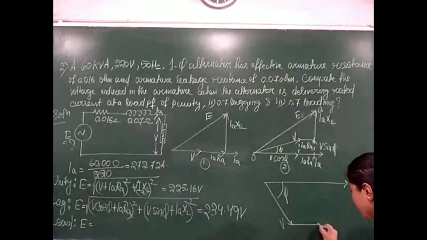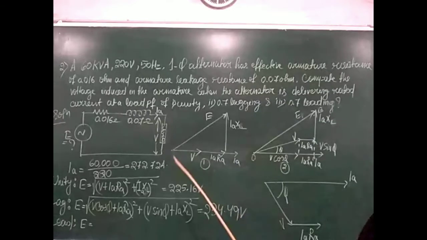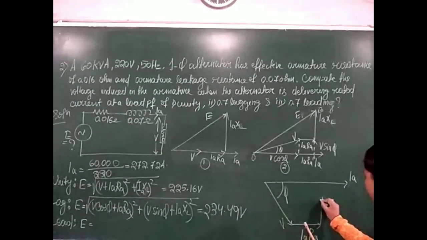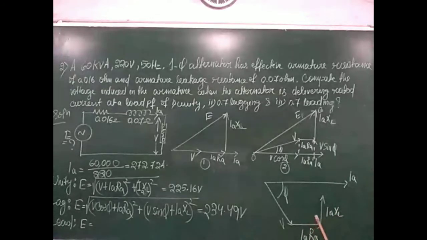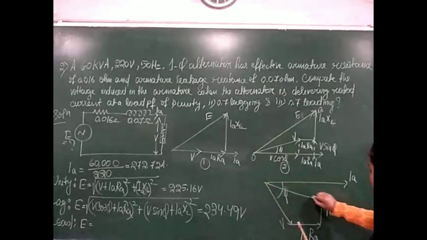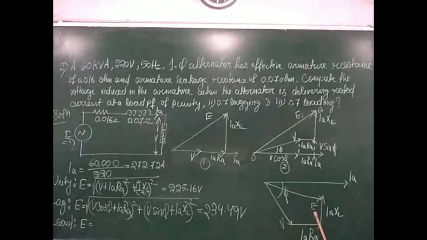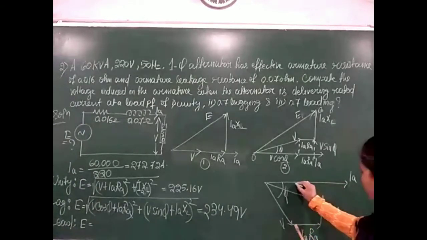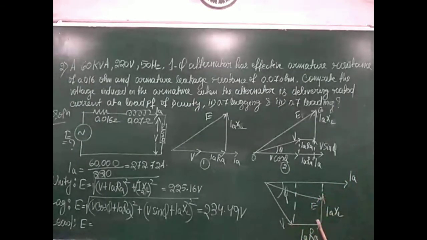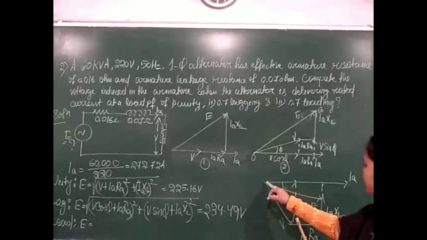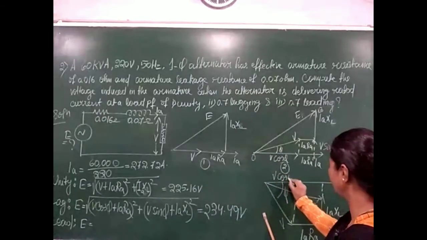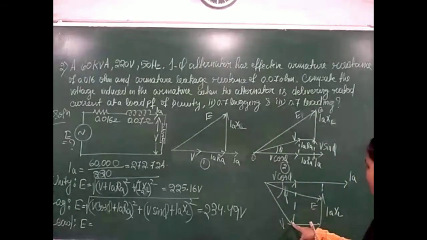Okay. Now the voltage drop due to armature resistance is in the same phase with IA. So I extend the phasor here. It is IaRa, and voltage drop due to the leakage reactance leads the current. I extend this phasor here. It is IaXL, and their phasor sum gives the EMF generated. Drawing a particular line here, this phasor is V cos phi, this phasor is V sin phi,